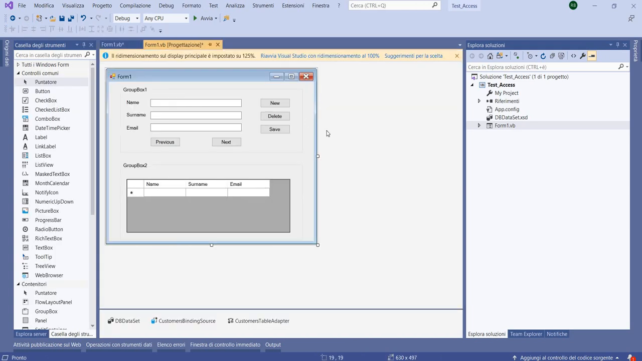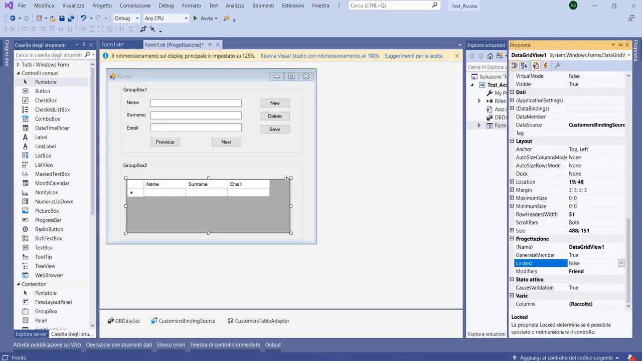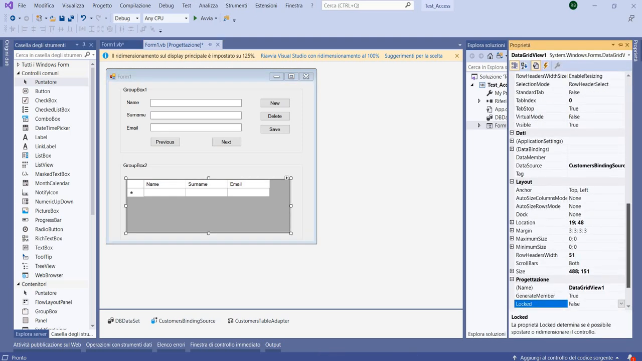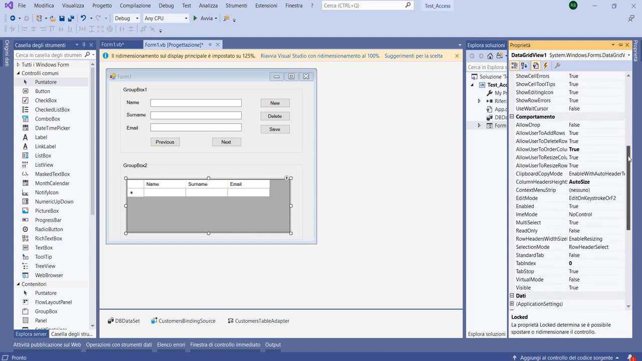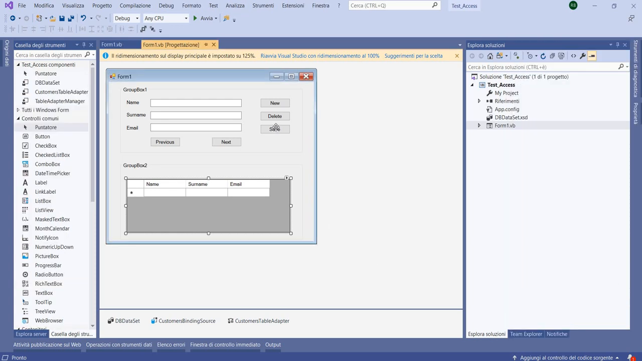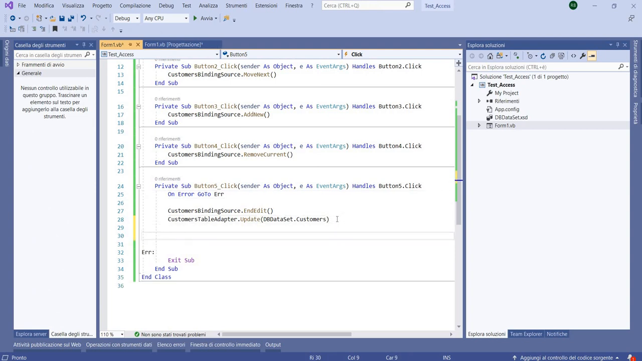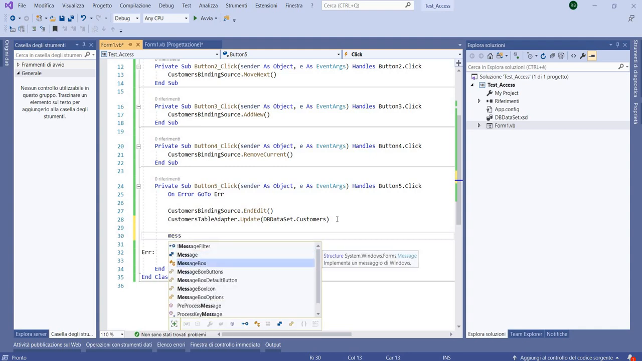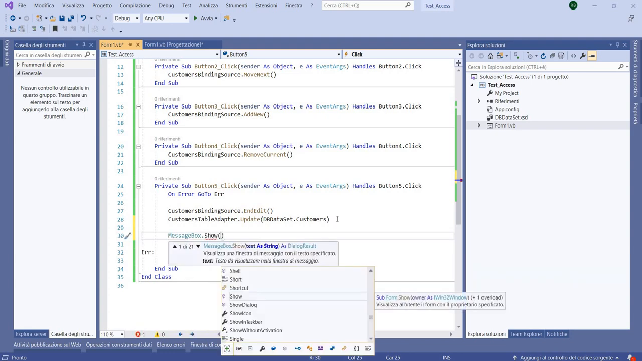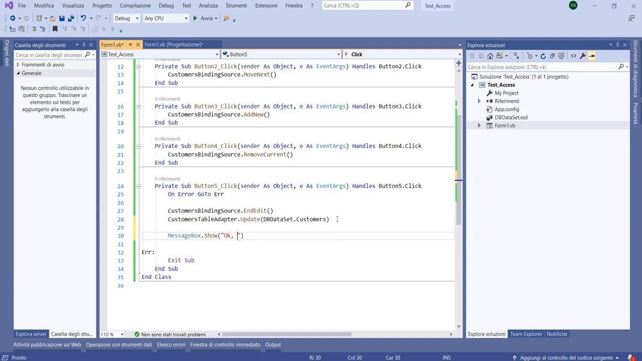The last thing to do, if we want, is to set a property to the grid view to deny manual edit. So we go to the behavior and say that it is read only. Okay, another thing that we can do is to have a confirmation after saving data. So we can write message box dot show text. Okay, data saved successfully. Okay,